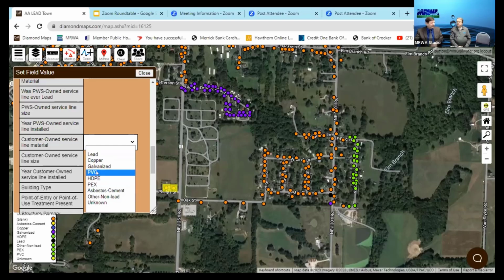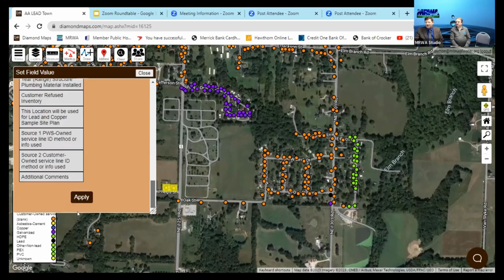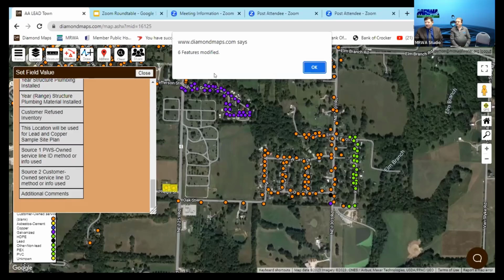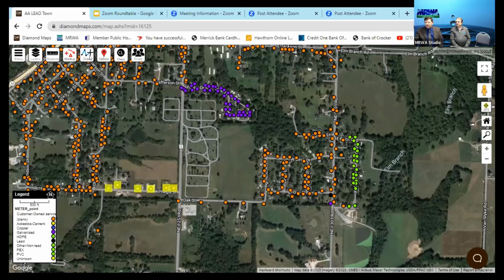And again, I'm not going to go through this spreadsheet. Y'all beat that one. We've got the spreadsheet. And then be sure and hit apply. Now hit apply. And let's see, I'm going to go up here and close this. Okay, and clear this. And you'll notice that these things have changed colors. So these are settings that you set up in your map.